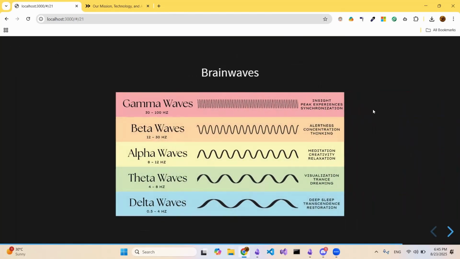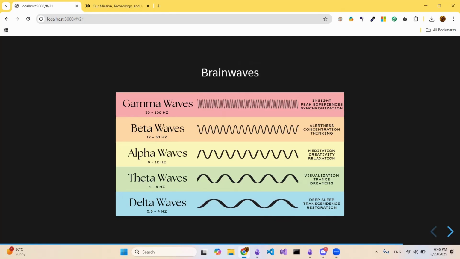So let's take a moment to talk about brainwaves. What does that mean? Basically, when a lot of our neurons get synchronized, they fire at specific rates. And we measure these rates in hertz. Basically, 1 hertz means 1 per second. So if my neurons fire 10 times per second, that means 10 hertz. 100 times per second would mean 100 hertz and so on. And generally, we can see in our brain that the faster our brain waves work, pretty much the more engaged